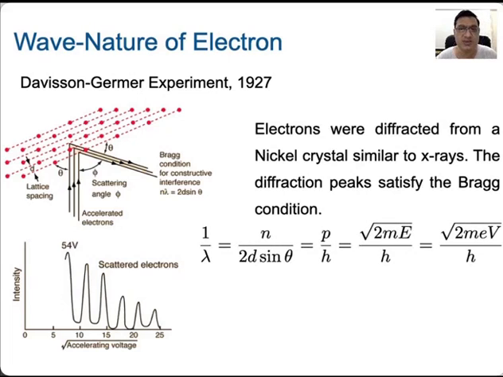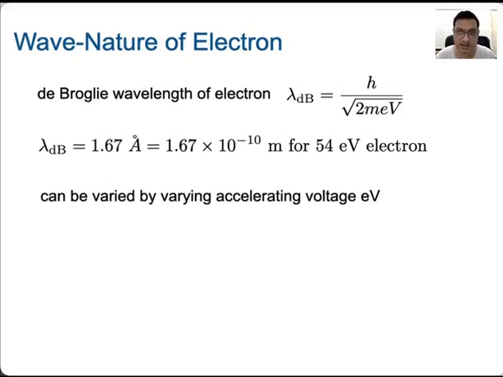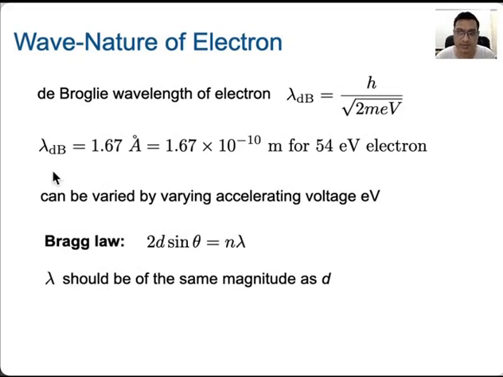by X-ray diffraction. So in this way it was established that indeed electron is behaving in a similar way to X-ray, and both are giving a similar result for a given system, in this particular case nickel. So this is the Bragg law that I have said. That's what we have emphasized, that your lambda should be of the order of d to resolve the distance between the two atoms. Now this relation was established by Davisson and Germer,